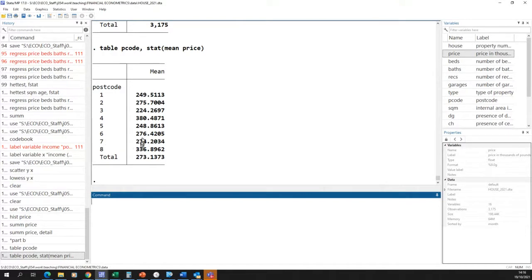We see that the postcode with the highest prices is NR4, 380,000. The postcode with the lowest prices seems to be NR3, average 224,000. So that's how you answer part B of the question. And then the most important thing we're doing in this exercise is obviously regressions. So part C